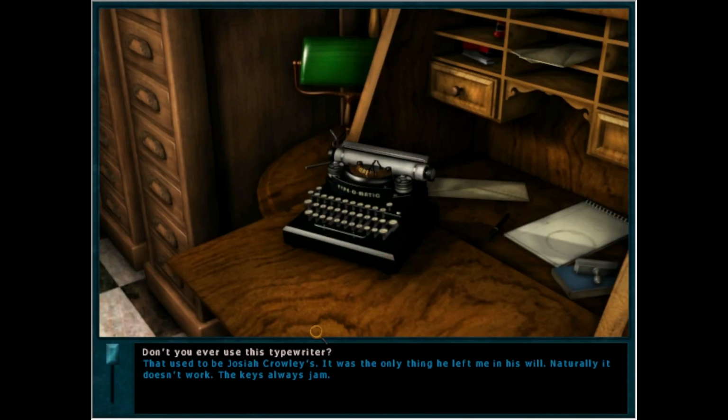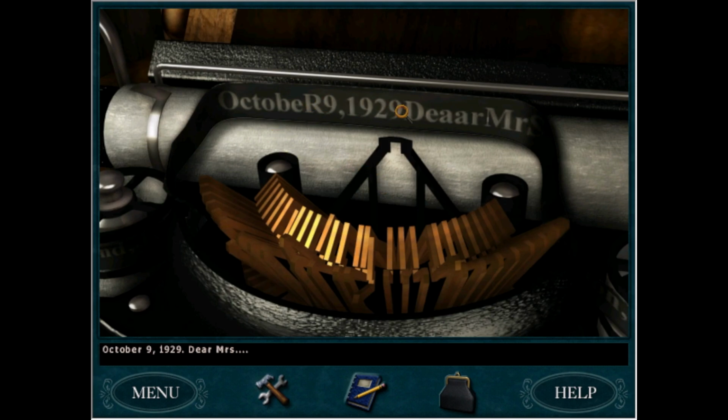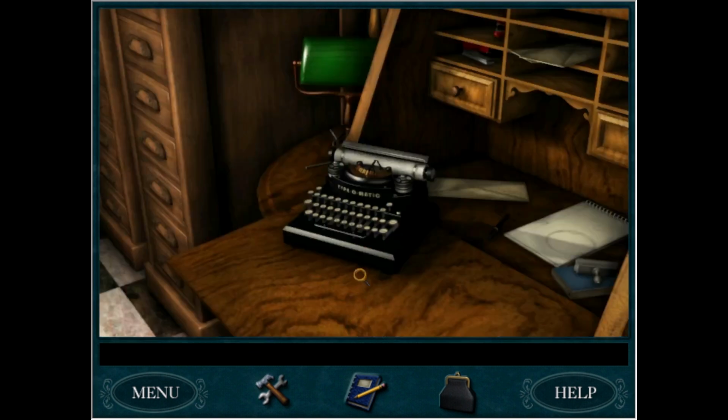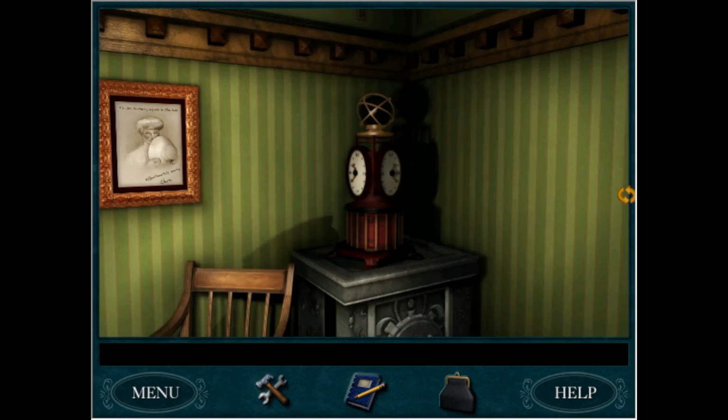So we still got some stuff to do. Don't you ever use this typewriter? That used to be Josiah Crowley's. It was the only thing he left me in his will. Oh. Naturally, it doesn't work. The keys always jam. October 9, 1929. Dear Mrs. October. R-A-S? No. I know it said he needed a new something for the typewriter, but what if...